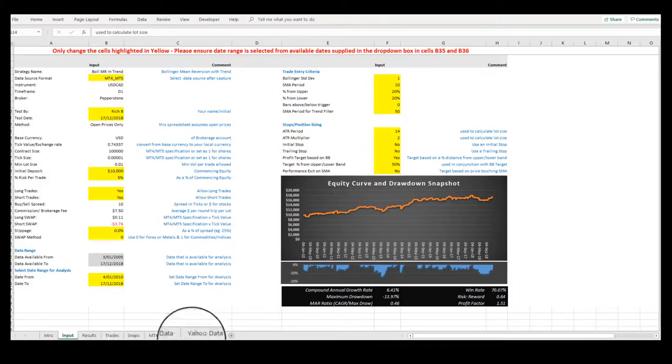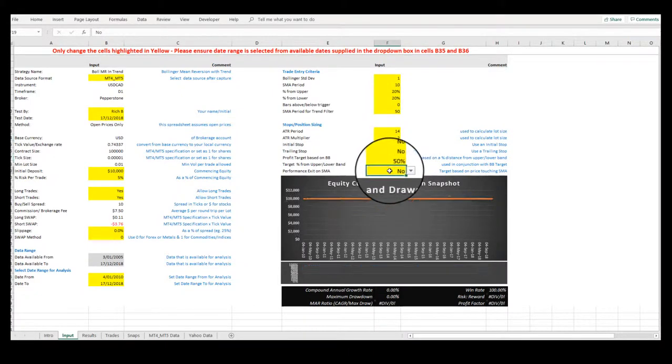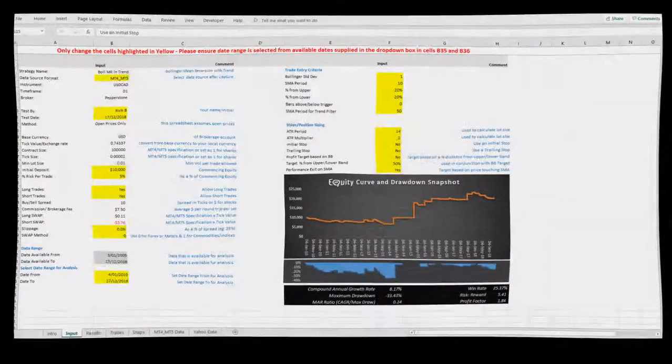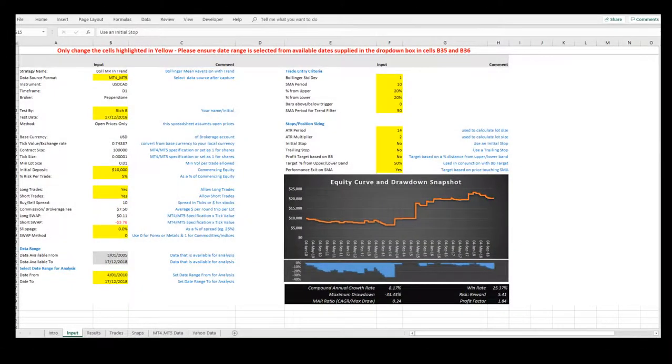Let's now adjust the take profit targets. Let's turn off the Bollinger Band take profit target setting and apply the simple moving average as the take profit setting. Notice how quickly Excel crunches the data to produce amended performance charts. You will find that this template really fast tracks your ability to hone in to more robust settings quickly and